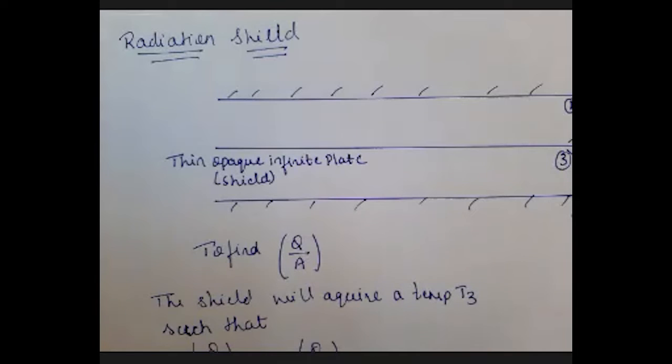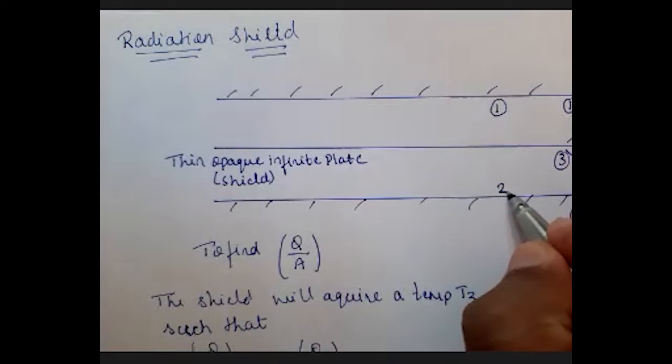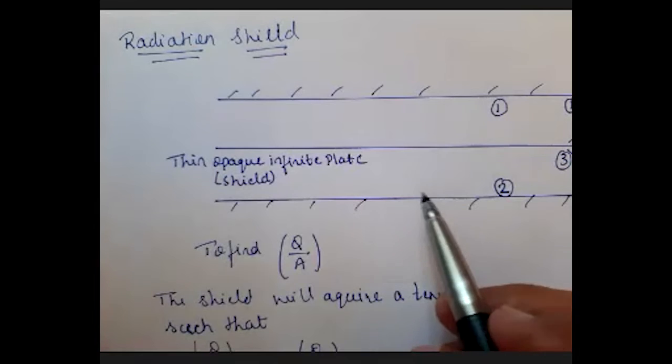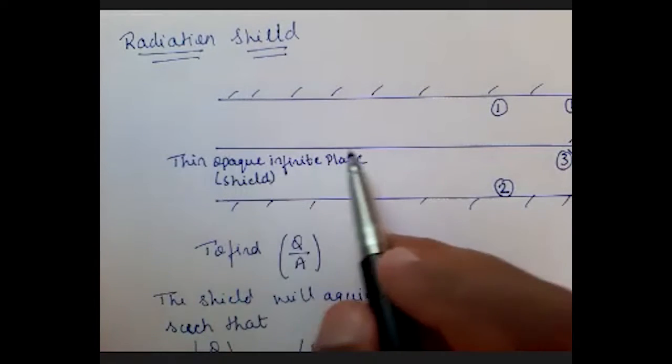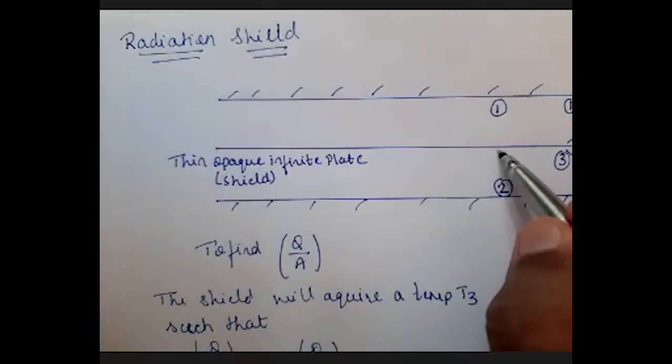Today we are going to deal with a thin, infinite, opaque plate. We call it a shield, and we have two infinite parallel plates. Let me call this surface 1 and this surface 2. These are the two infinite parallel plates. In between these two infinite parallel plates, I am adding one thin opaque infinite plate, and I call it